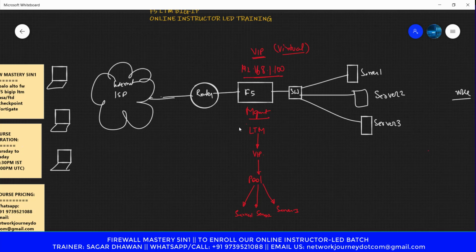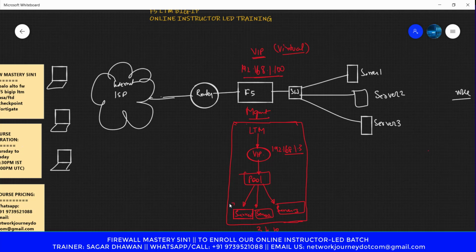Now your load balancer overall consists in this way. VIP is nothing but your IP. VIP has a pool in the backend, and pool has n number of servers. In my example, I have only three. You can have four, you can have 10, or you can have multiple like 30, 40.